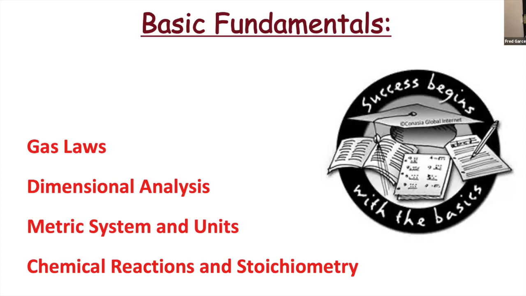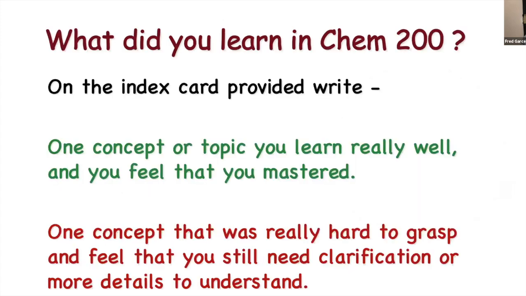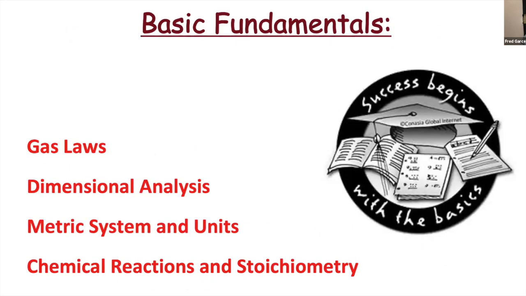Dimensional analysis is just so fundamental in everything. Even if you don't have the equation, if you know how to do dimensional analysis, you can set up the equation that way. Of course, we're using metric systems and always carry your units. Chemical reactions and stoichiometry is important because we're looking at reactions here. We're looking at chemical reactions as they come together, or chemical reactions as something starts to break down. And so with chemical reactions, stoichiometry, you need to know the language that we speak, the chemical nomenclature. So again, these are the fundamentals that you need to know.